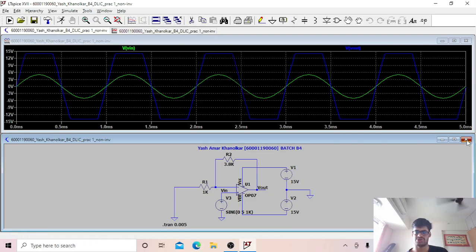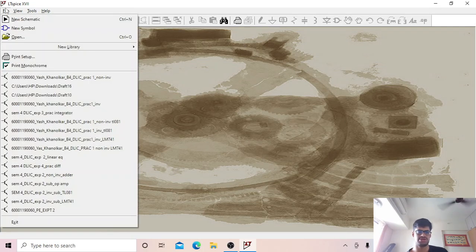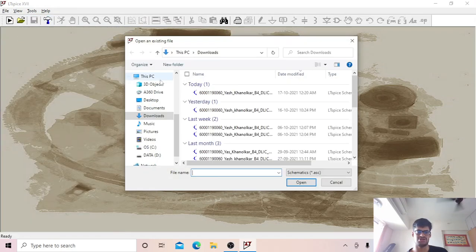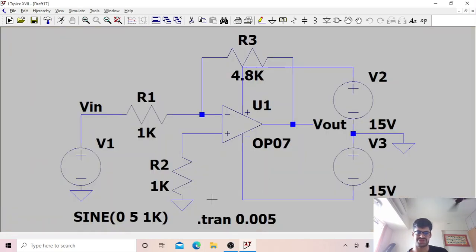Now we are going to check the frequency response of the inverting amplifier. For this, you go to File, open the previous files, and check that the thing which we had saved was draft 17. So we go to draft 17 and open this, and you can see the previous circuit which we had made.